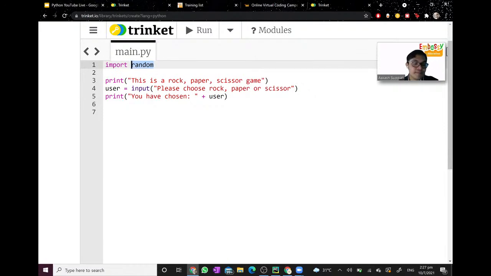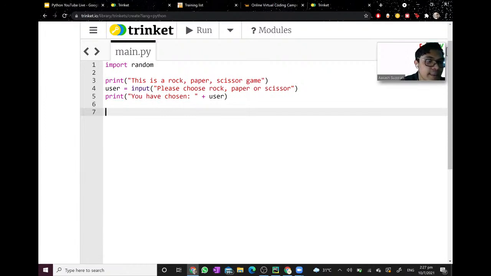Don't worry, okay? Now once we have imported the library by typing import random, let us actually use the library that we have imported. It's very simple. Ensure first that you have imported the library of random. Then, what you're going to write first is a variable to equal the choice of the computer. For now, user stores our choice, which is rock, paper, scissors, or whatever you write. Let us create a variable to store the computer's choice. Make sense? Okay?